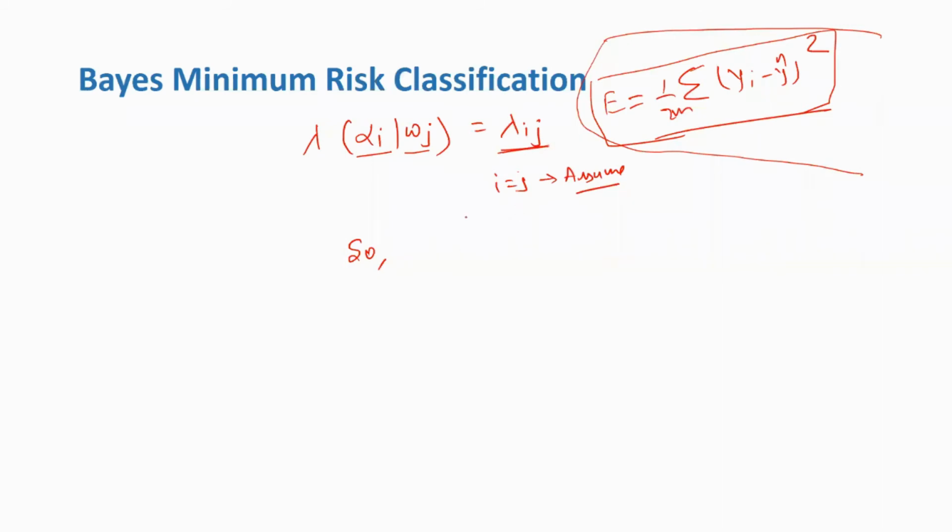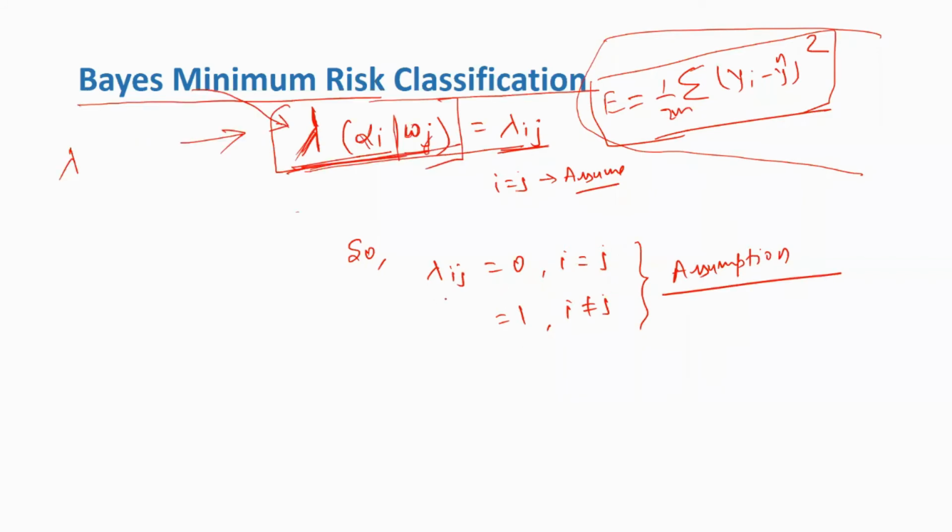So I'm assuming here that lambda ij will be 0 when i equals j, and it will be 1 when i is not equal to j. Please don't ask me why, because this is the assumption. In mathematics, we sometimes have to assume something. Since we have assumed that lambda ij equals 0 when i equals j, and 1 when i is not equal to j,